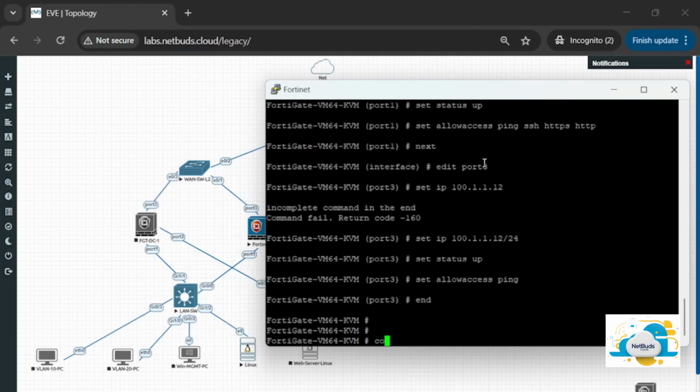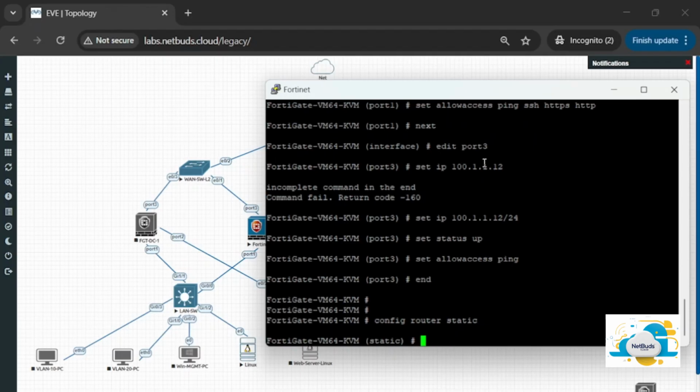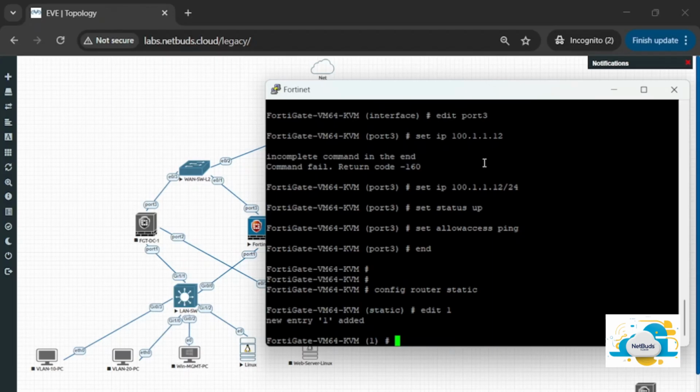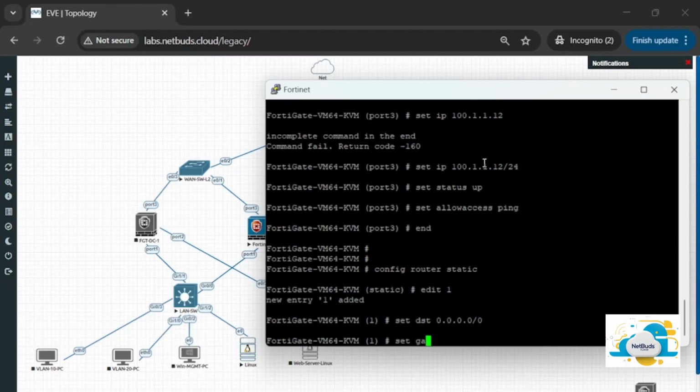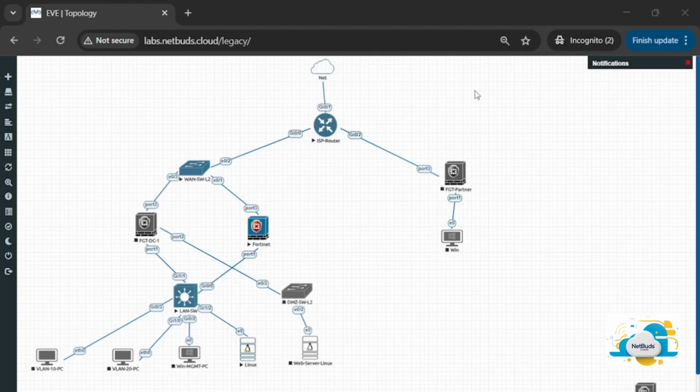Apart from that, I need to configure one static default route towards my internet. So let me configure that one as well. Configure router static, and here we apply edit one. So it will show we are going to add the first route in this system, and set dst 0.0.0.0/0, set gateway 100.1.1.2. This is the IP address of my